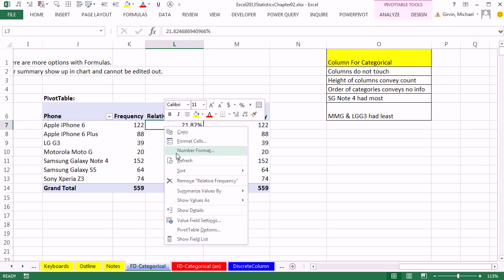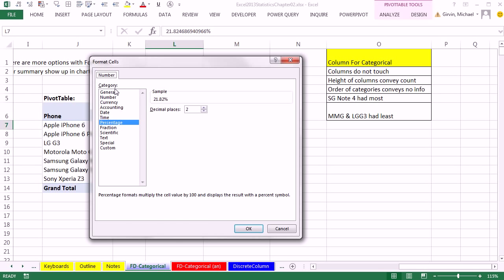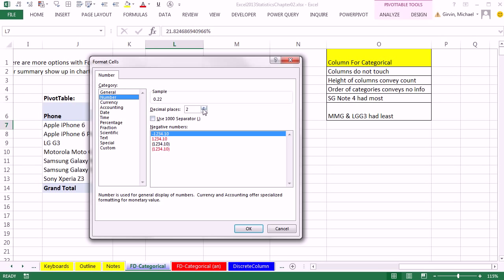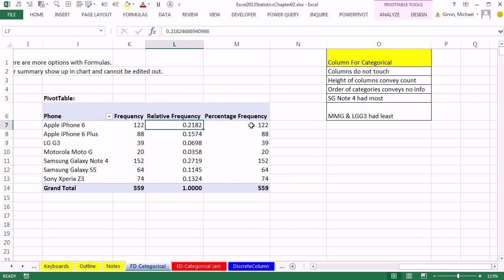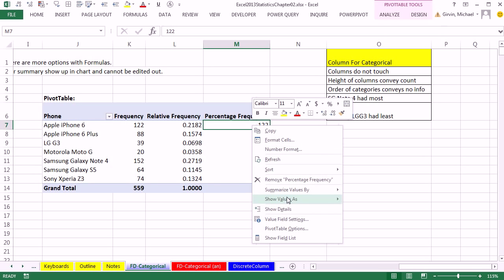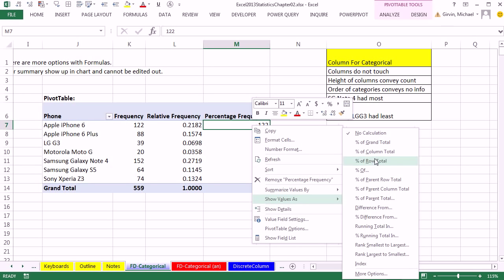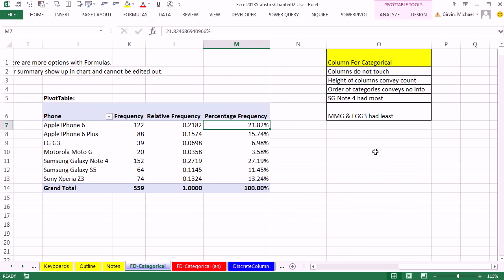But if it's just number formatting, come to the number formatting. This does not exist if you come out and right-click a cell. It's only in a pivot table that you can format the actual field with number formatting. Now, if I click General, I have all those decimals, and I don't want that. I want to display them 4 decimals. Click OK. Now, right-click. You've got to be kidding me. Show Values As. Percent of column total, done.